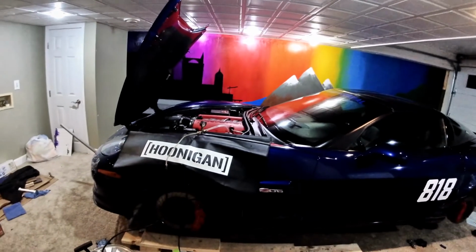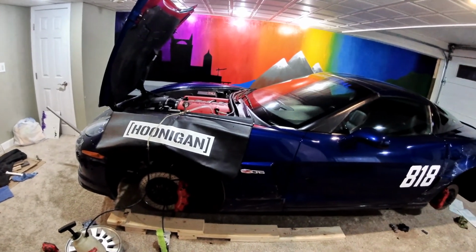Alright, my dude, so now that you got your wheels off, the next important thing is you have to bleed your brakes, or what I would say is, before you even bleed them, which they should be bled already, you need to flush out all of the old brake fluid that's in your car. So for example, my Corvette, 100% definitely had the original brake fluid in it still. Corvette owners, although they keep their cars looking nice, sometimes little things don't get maintained along the way. So we are flushing it out with some cheap